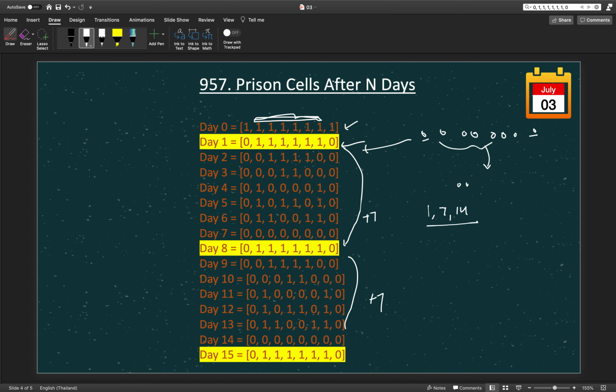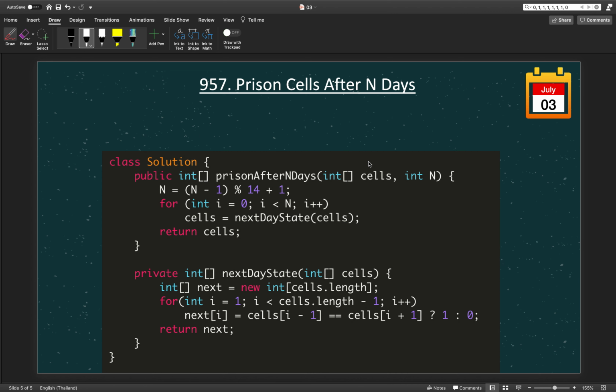So there is another solution, but it is not that intuitive, because it is not easy to come up with during interview time. We take the modulo after moving to the next state. I wrote the code for that solution here. We will first move to the next state, the day 1 state, with n minus 1, and after that take the modulo with 14, and after that modulo we need plus 1 to reach the answer.